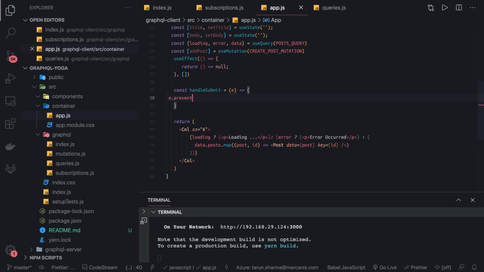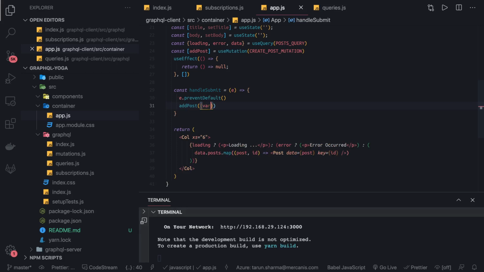Now if you have validated the form, you have all the data, then you simply call addPost, and here if you see this mutation, it is taking arguments, right? It is taking all the arguments which we need to pass. So we need to pass the variables, right?